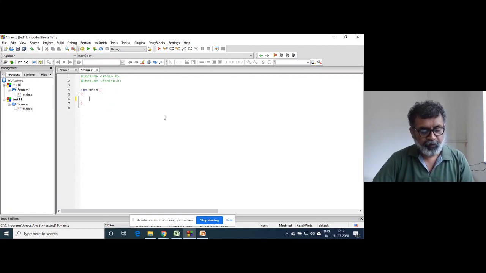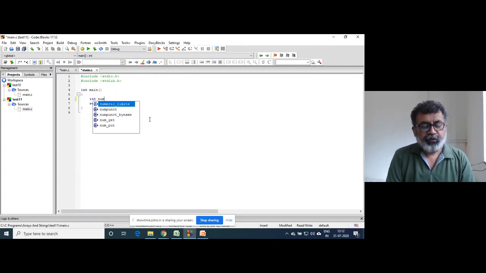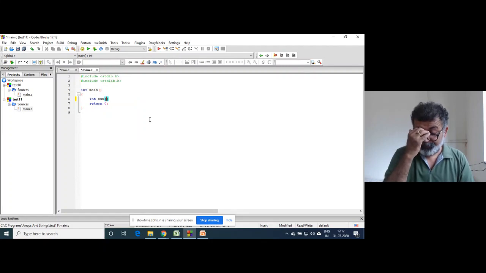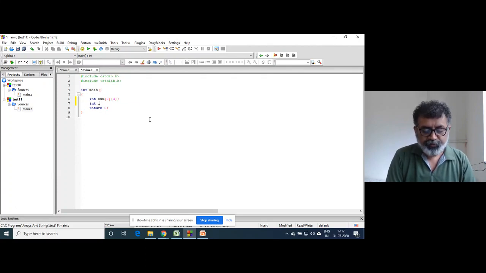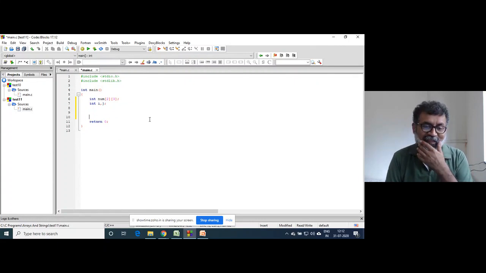For example, suppose there is an array with 2 rows and 3 columns. How to enter elements in this?